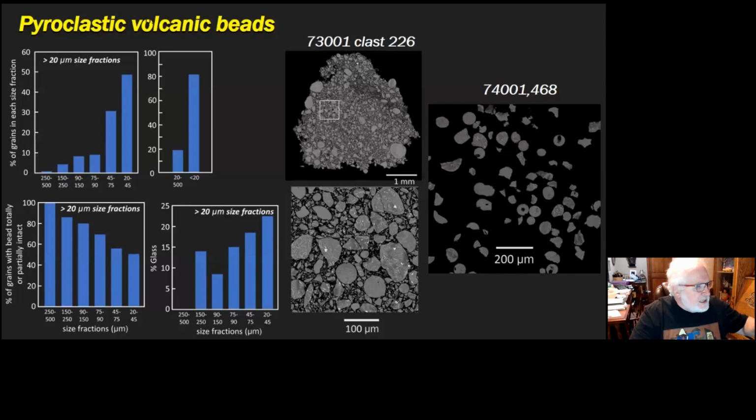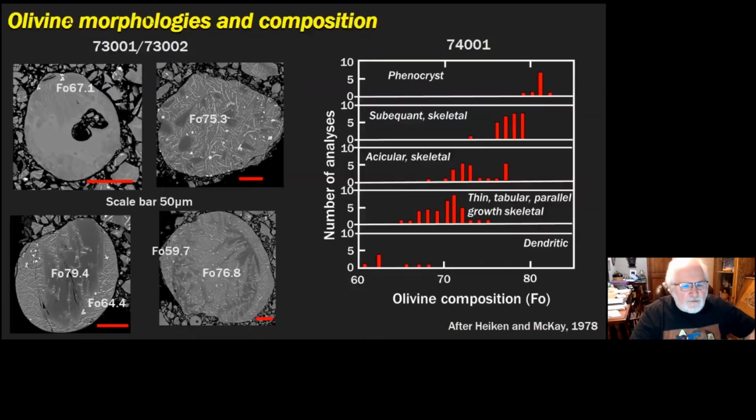The next slide just shows olivine morphology and olivine composition, which appears to be related to the morphology of the olivine. And this agrees with some of the work that Heiken and McKay did on 74001. Next chart